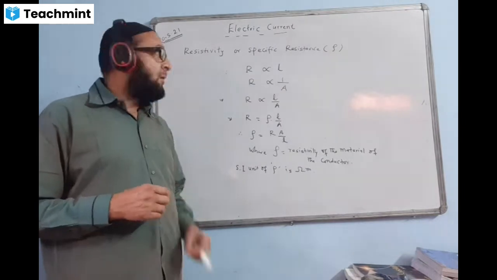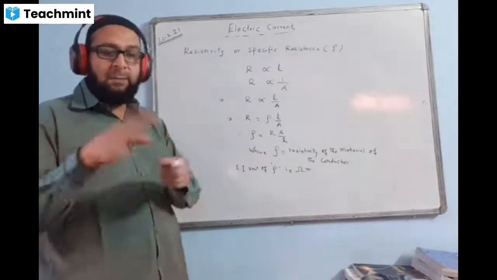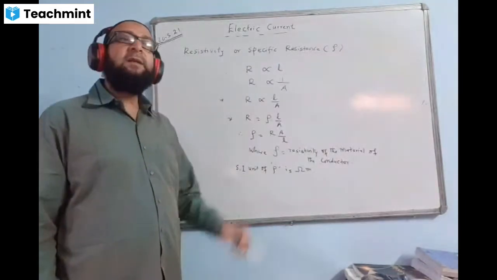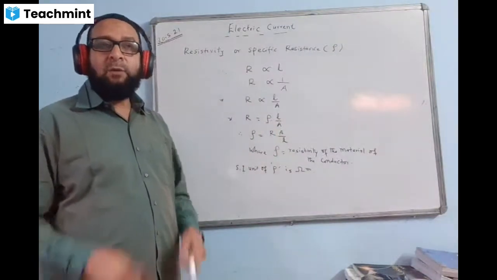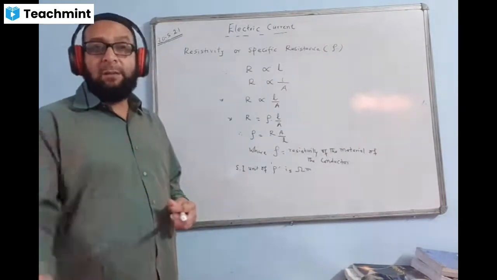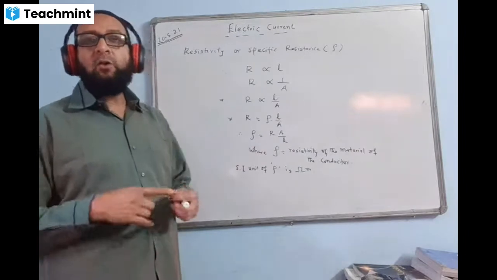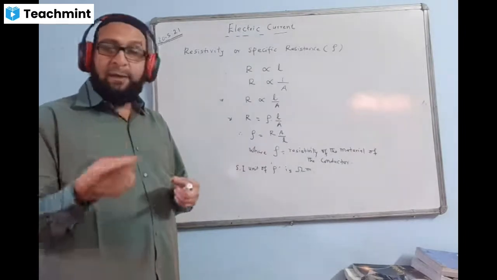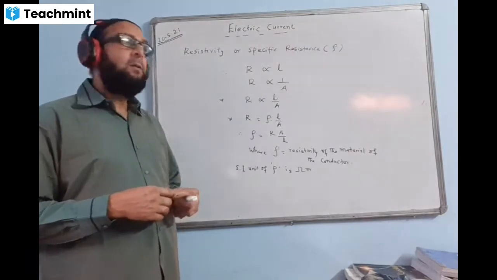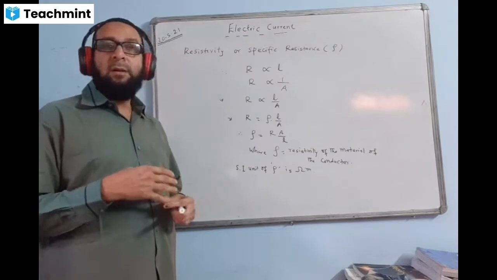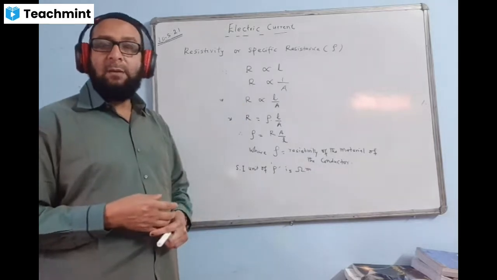What happens to the resistance of a wire when its length is doubled? We say resistance also gets doubled. But if the question asks what happens to the resistivity of a wire when its length is doubled, then you say it remains the same. It does not change, because the question is talking about resistivity. Resistivity does not depend on length, on the area, even on the thickness. But it will depend on the nature and the temperature, the same way as the resistance depends.